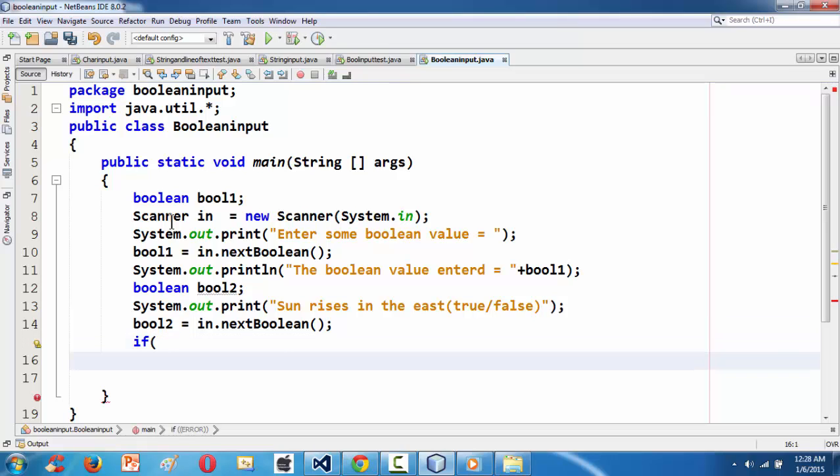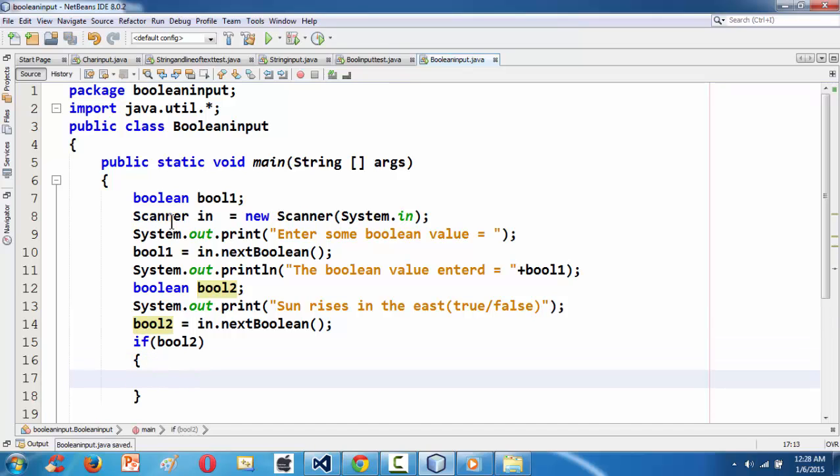We will study conditional statements in depth in the subsequent lessons. For the time being, if you are coming from a C background, or if you don't have any idea about the if condition, you need not worry. The if condition is a kind of thing where, if it's true, it executes some logic. If it's not, it skips that and goes to the else block. If you are from a C background, using the if condition should not be a trouble. So if I'm saying here if bool2,